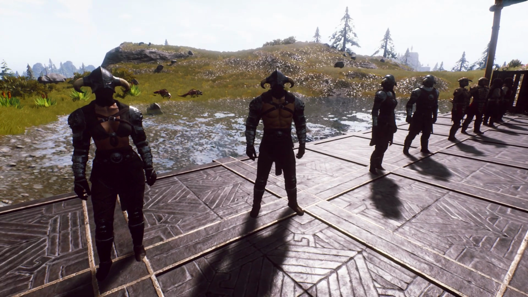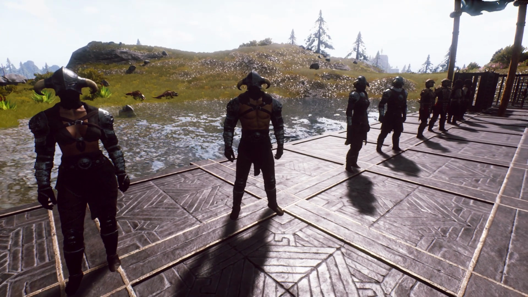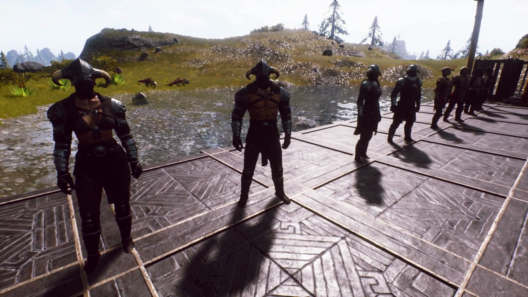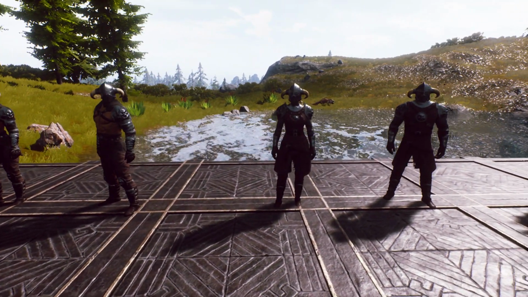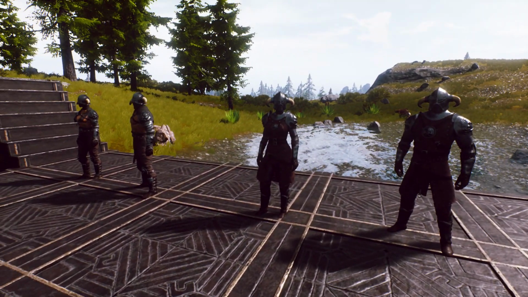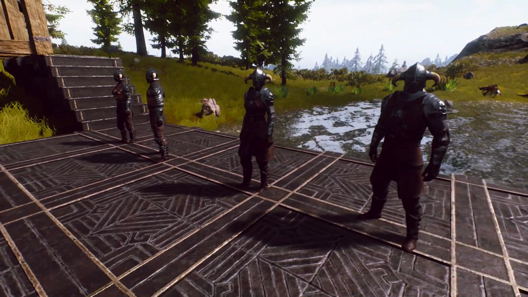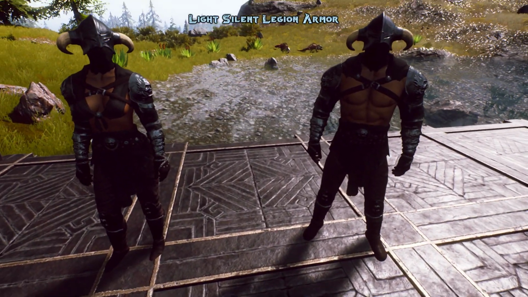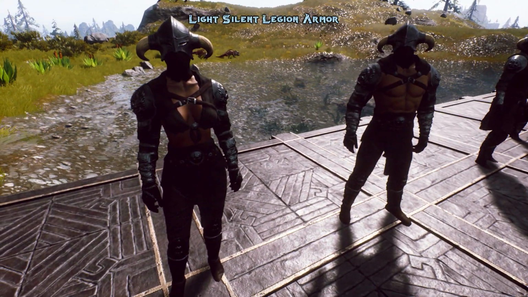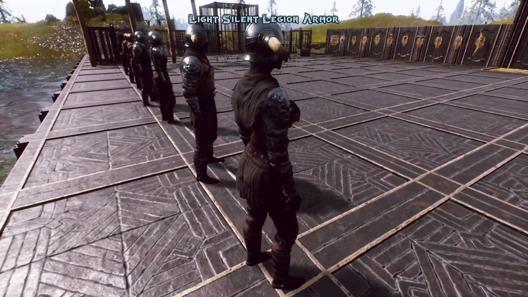I would like to start by showing you the armor sets that are available through the scrolls of the Tower of Siptah. And one thing that I found really interesting as an addition to the game were the two variants of the Silent Legend armor that you can find eventually in the base game. And this is the Silent Legend light armor, one of the variants. And I like the fact that